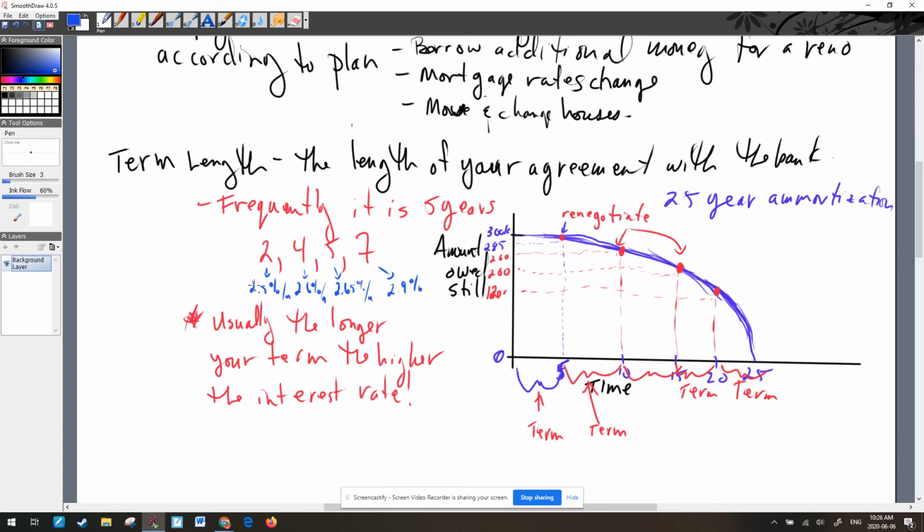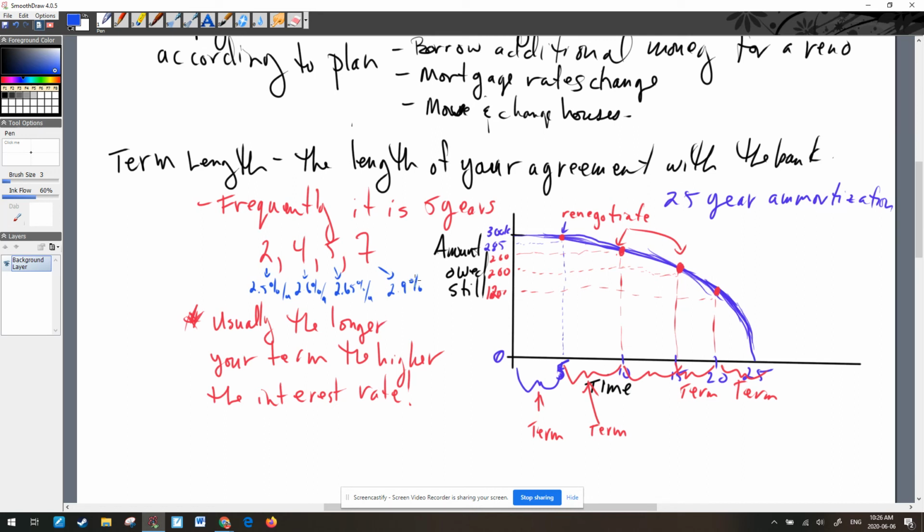And so the bank has a pretty good idea of what interest rates are going to look like in the shorter term. Like if you said, what's the temperature going to be tomorrow? You'd have better confidence of that than what the temperature would be in a week's time. And so that's why banks are usually willing to offer lower rates for a shorter term, because they have a decent idea of what interest rates are going to be. But the farther out you go, the less confidence the bank has that they know exactly what the interest rates are going to be. And so to build in some wiggle room, they're like, well, we're going to increase the interest rate.